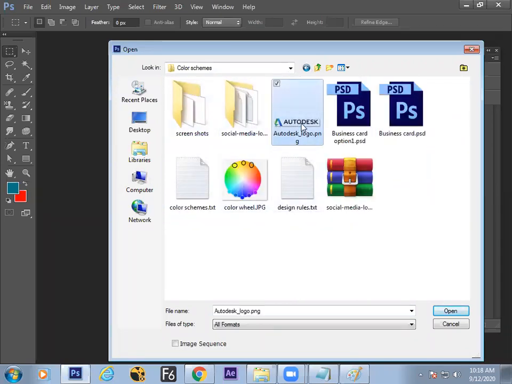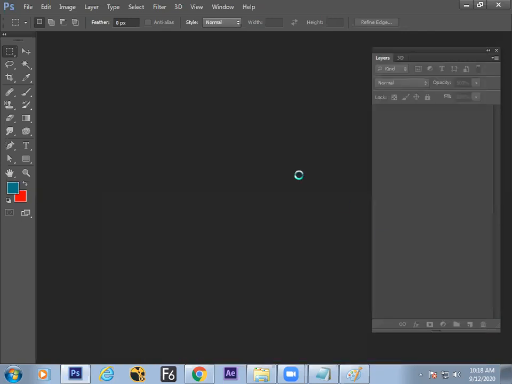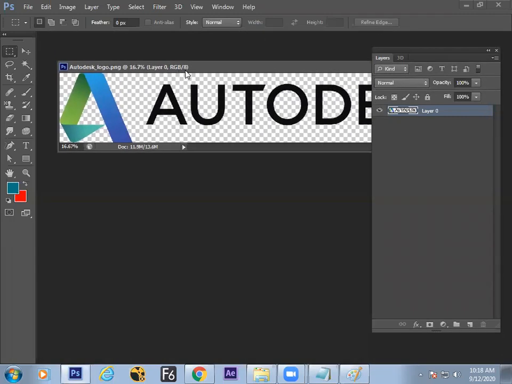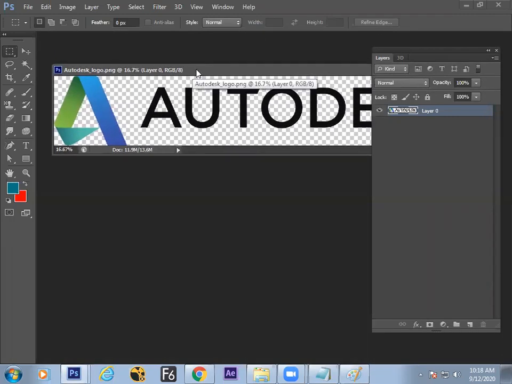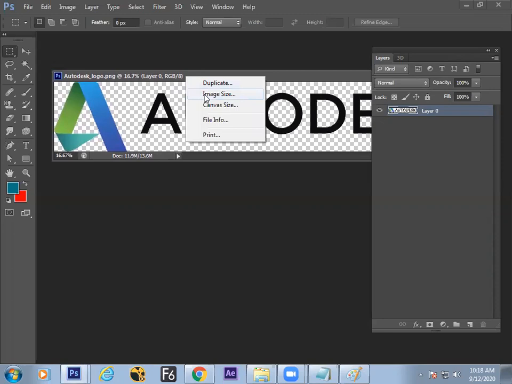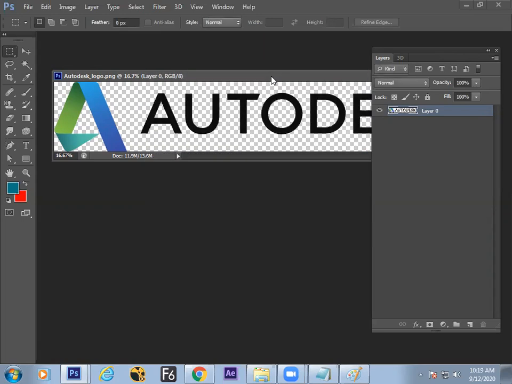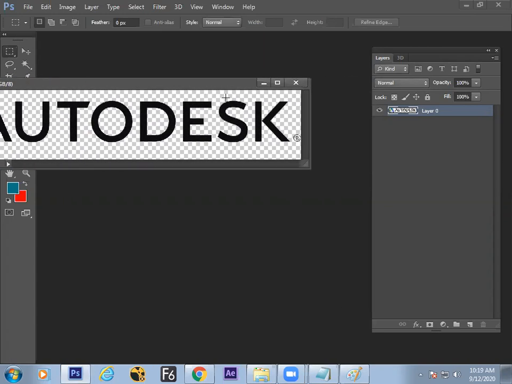For example, this Autodesk logo PNG, if I open this, I can check the image size here with right click, image size. Like yesterday we saw canvas size. The image size is 5000 pixels wide and the height is 830. So it is a bit high resolution.